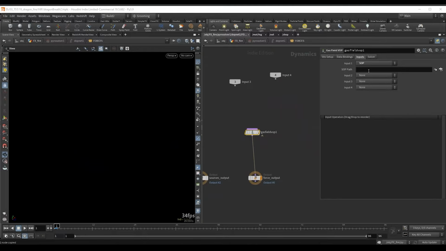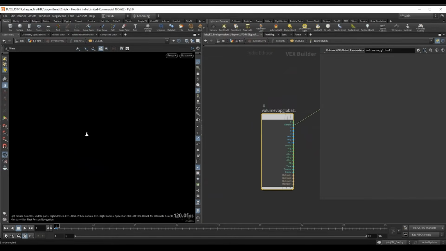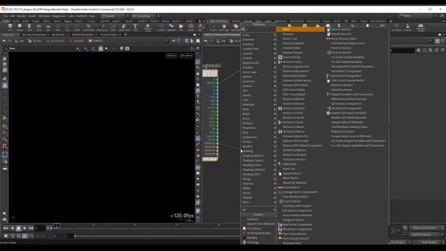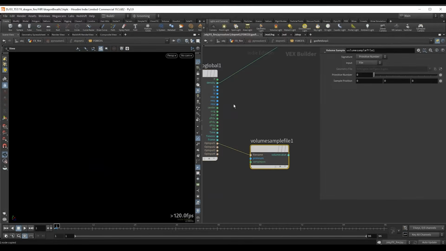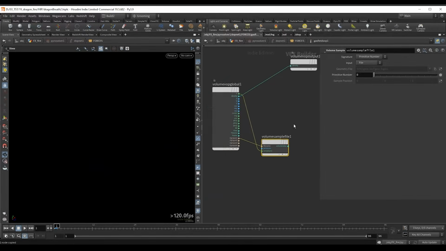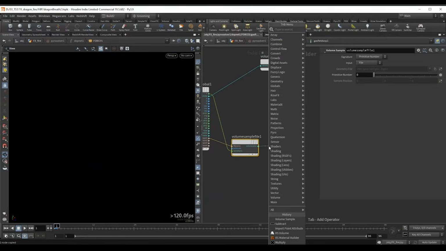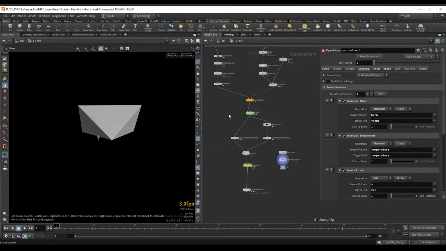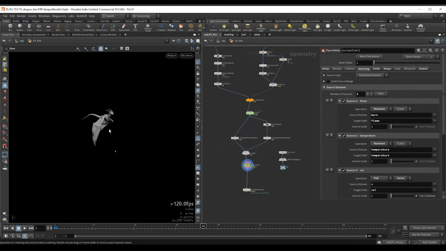Let's turn on input 1 and point this to our SDF, and inside here we can grab the sample of this SDF. So we will do a volume sample from op input 1. Let's do a volume sample from our position, and we will compare this value, so drop down a compare node. Let's maybe just go up so I can explain this a little bit better, what's going to happen here, and simulate a few frames.